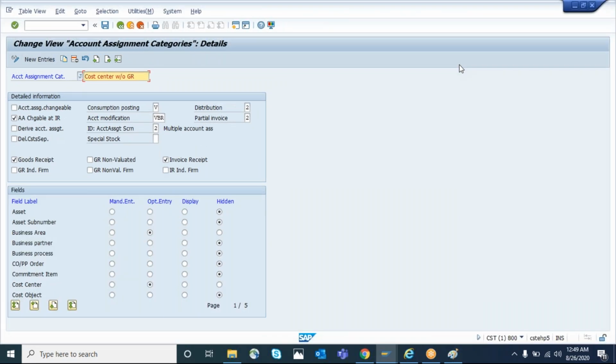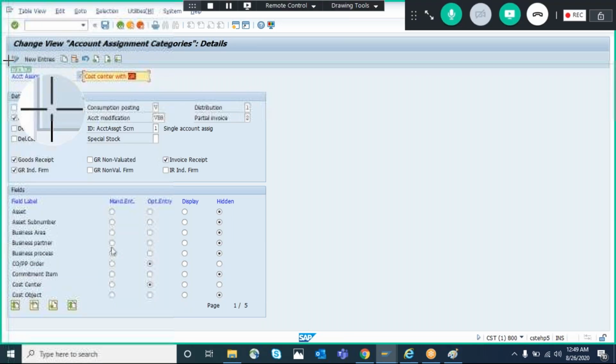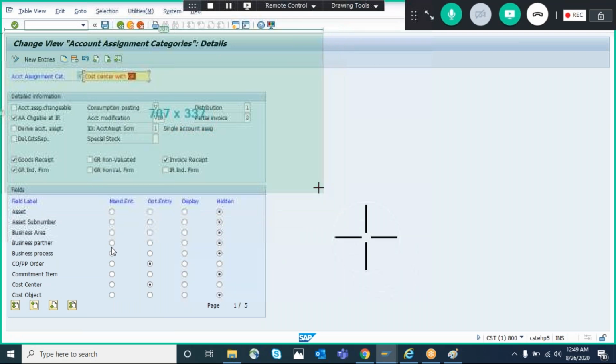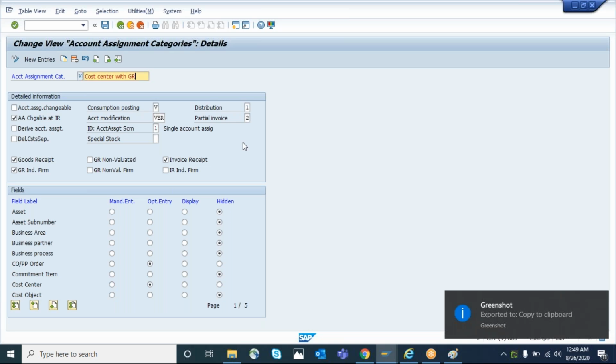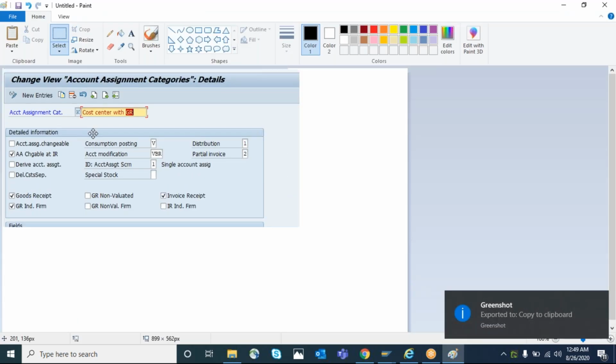Now K, cost center with GR. For this, I activated the GR indicator form. The cost center with GR and without GR is just for testing purposes.